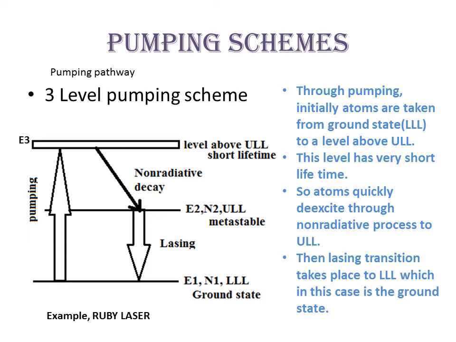Using one more level above the upper laser level, we have indirectly transferred the atoms from the lower laser level to the upper laser level. Now we have population inversion, and when we do stimulated emission, we get laser action. There is de-excitation from E2 to E1, and all those atoms come down to the ground state, the most stable state, accompanied by emission of laser. This is referred to as the 3-level pumping scheme.